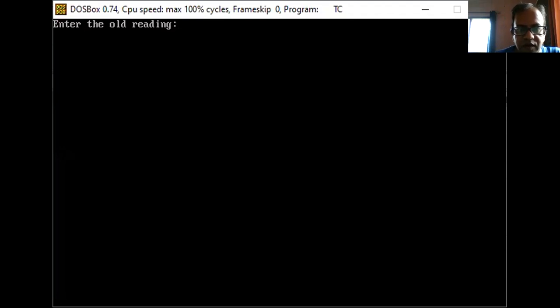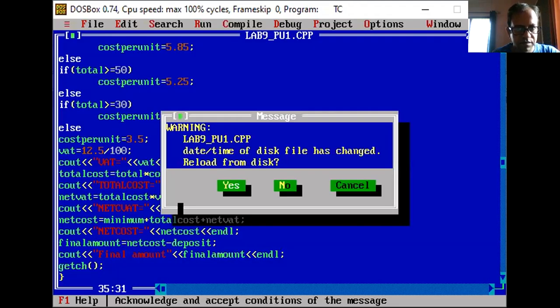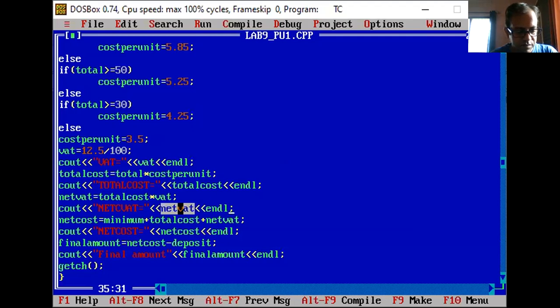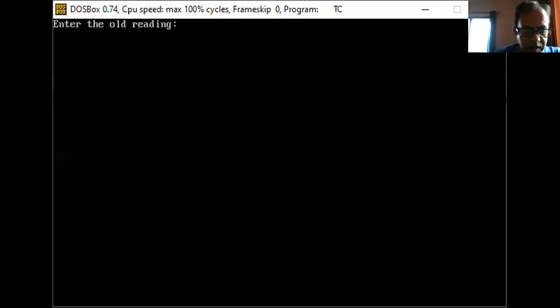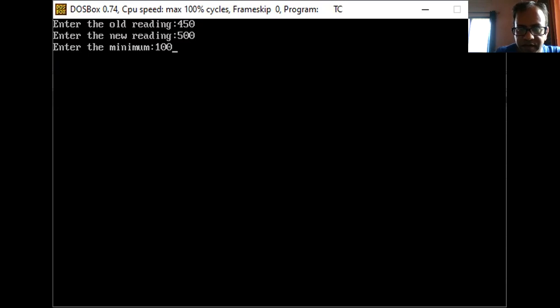I've taken the values here: 450, and 500 as the new reading. The minimum amount we have taken here, say 1000, or you can say 100, or 200.